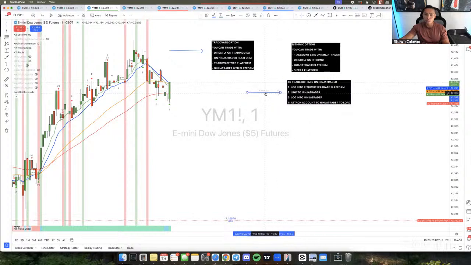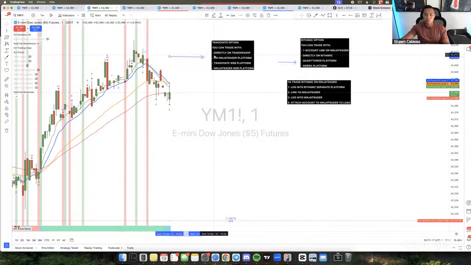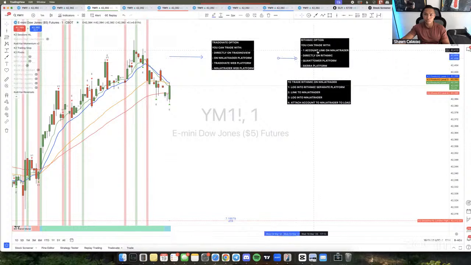So unless you're using Quant Tower or Sierra, then I would go with Rhythmic. But if you want to trade on NinjaTrader, I would go with Trade because you have all these options here. And the cool thing is that if your TradingView screws up, you can go on NinjaTrader. If your NinjaTrader screws up, you can go on Trade. You can just go onto these other platforms to close out your position. With Rhythmic, you're kind of screwed because if you have a connection issue, then good luck. Hopefully your position is in profit and not in drawdown because it's going to be almost impossible to get out of it. So that's the Rhythmic option.